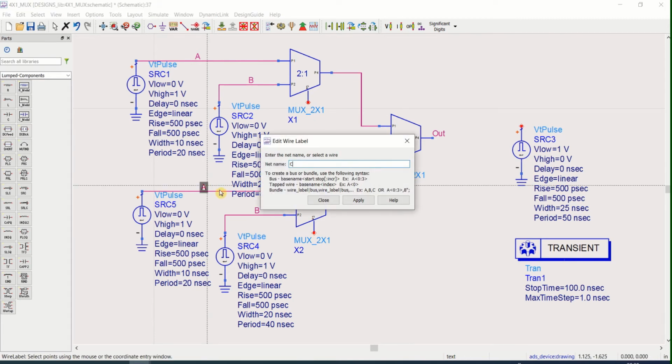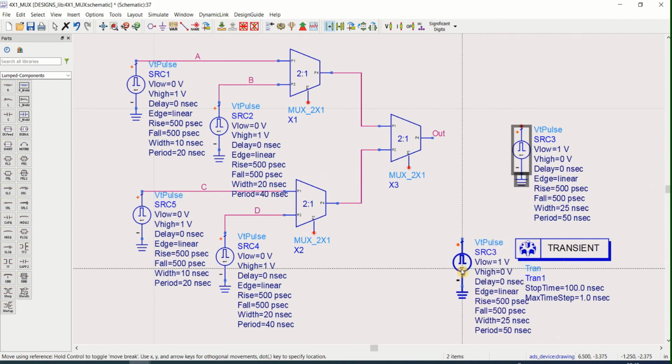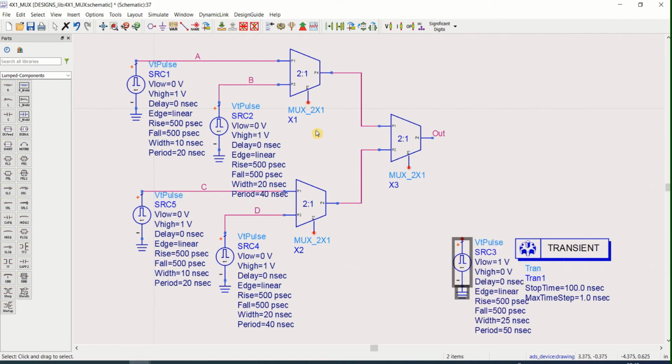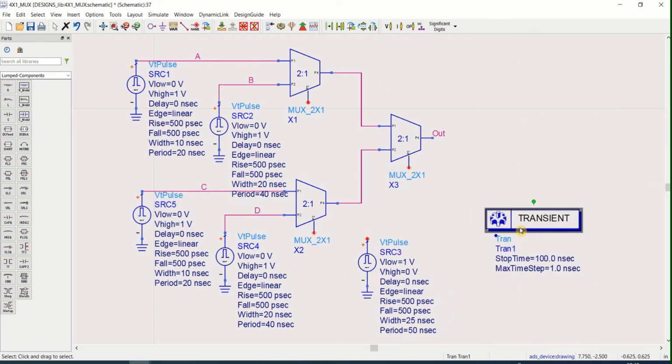Take this as C. This input to D. This to output. I'll use selection line. 2 selection lines are required because one selection line is common for these two and this is for the second. Both are again, I'm using it as a pulse.